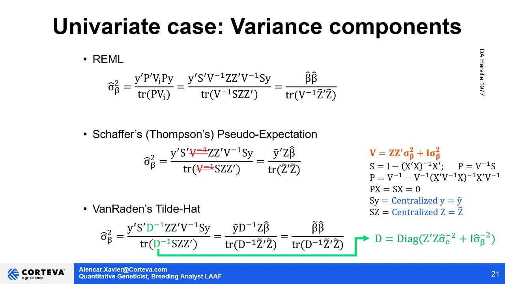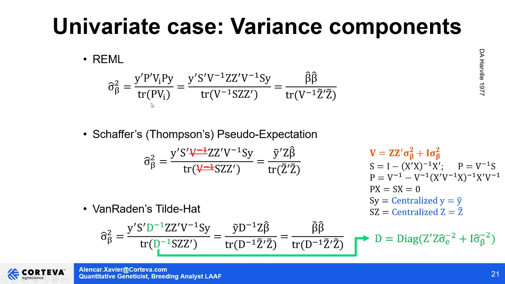So here I'm just briefly describing how these variance component methods came to be. On the very top we have the first derivative of REML, the restricted likelihood, and then we take the first derivative with respect to sigma squared beta. On the top we have the covariance between y and u, which is y'PV Py. Here are all the definitions of the P matrix, which is the null space projection, divided by the trace of PV. You could get the REML solutions through this derivation,